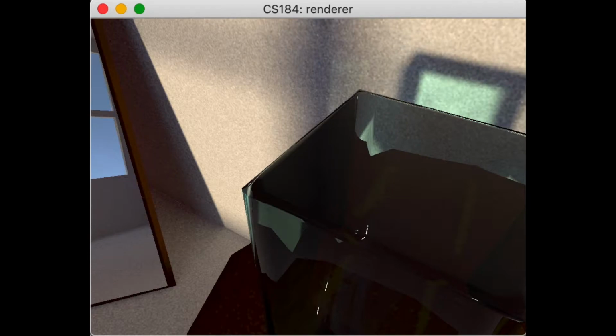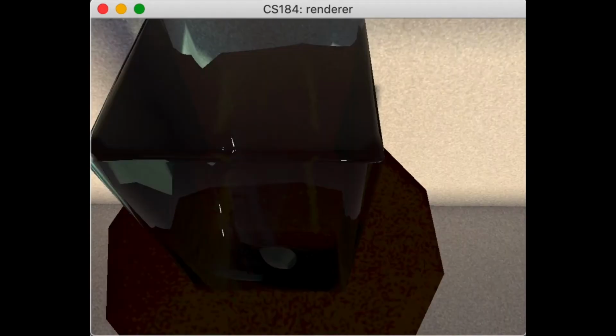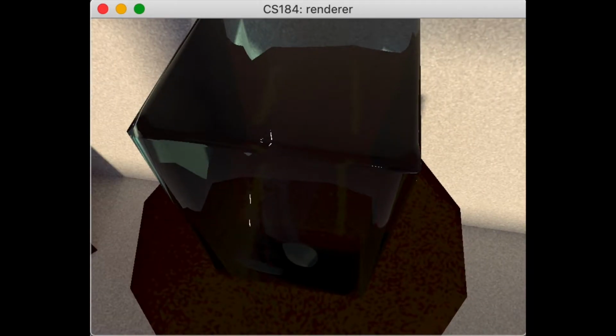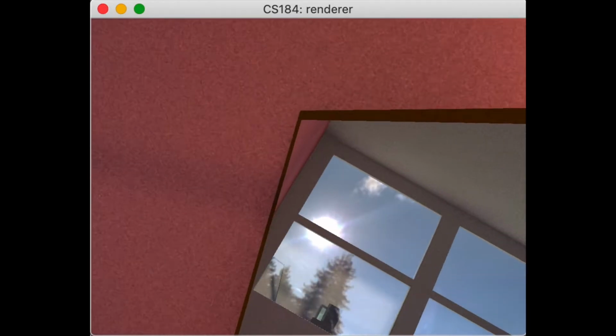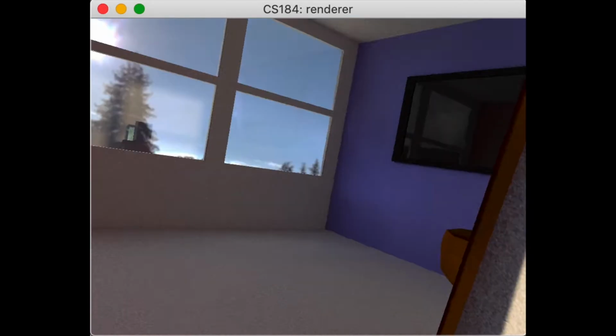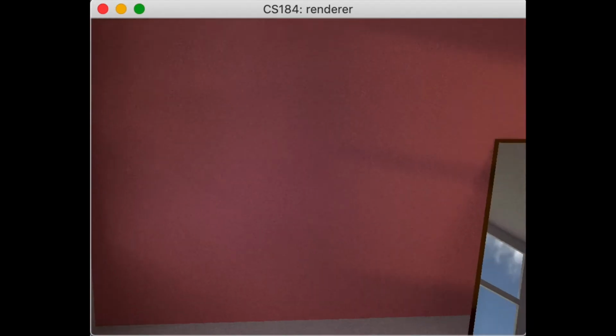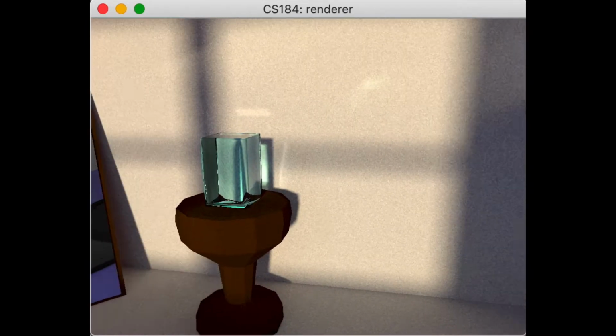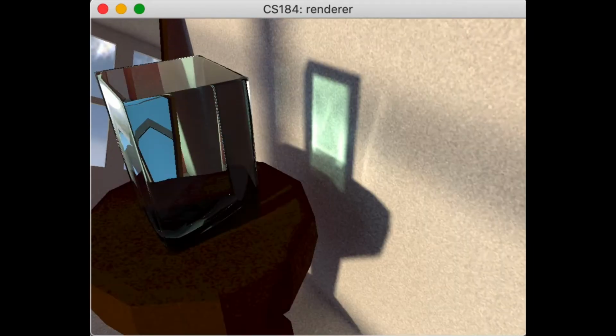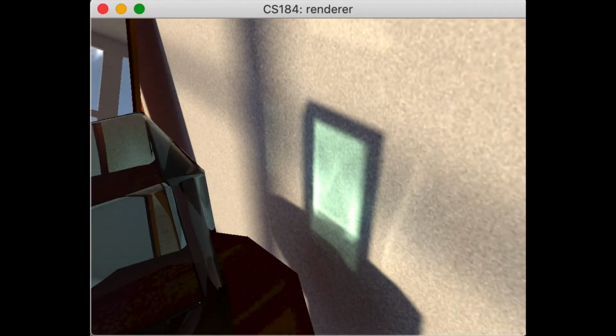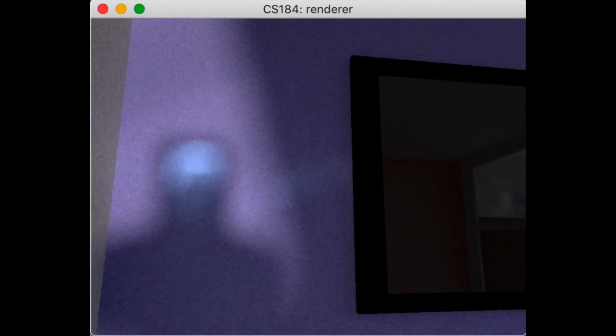Glass is pretty much the most expensive thing just because each pixel takes a lot of rays to generate it. Mirrors are better, but still pretty intensive. It is pretty cool that we can just move around the scene in real time. It's kind of like a video game, but it has perfectly realistic shadows, perfect caustics, and that's a bit of an interesting problem. We basically do bidirectional ray tracing during the baking process, which means we shoot out rays